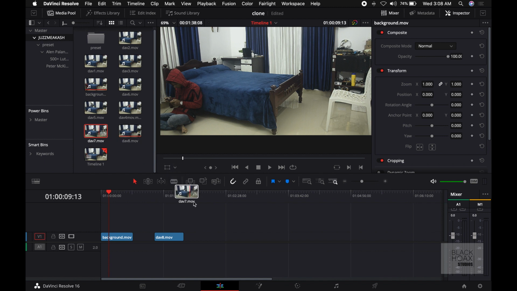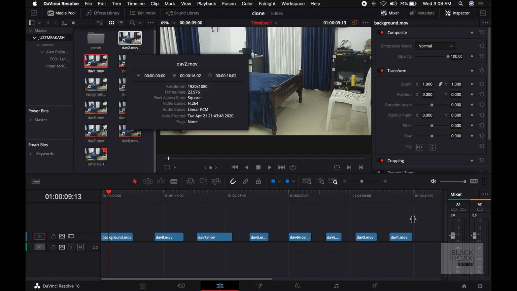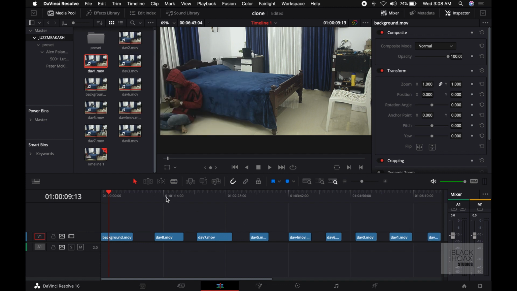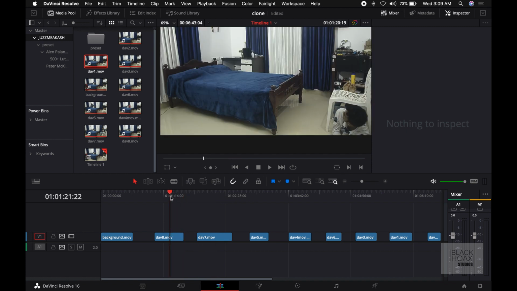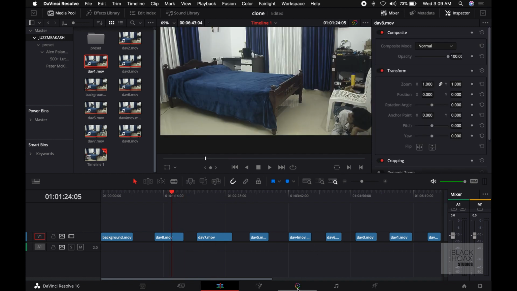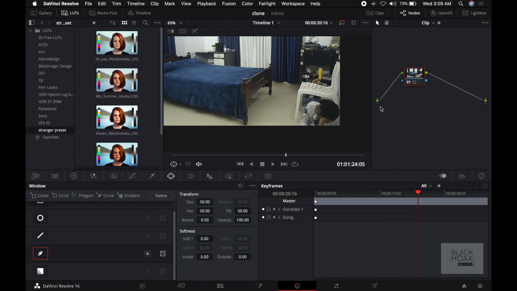Select your footage. Make sure it all stays in a line because we need to go through all this footage and make a clone individually. Point the pointer to the footage that you need to clone and jump over to the color tab and select the pen tool and draw and mask around the footage